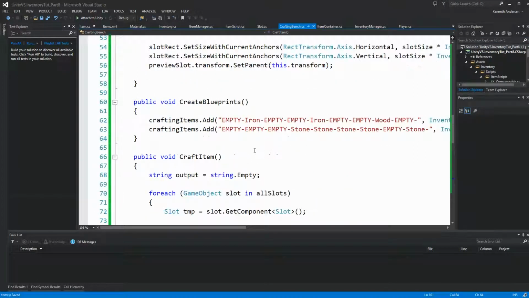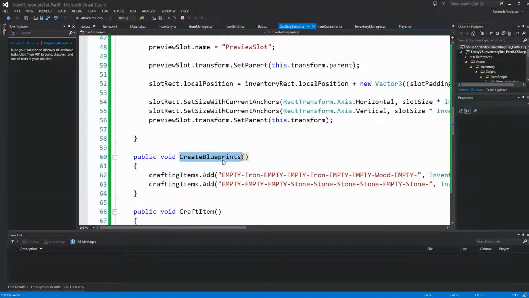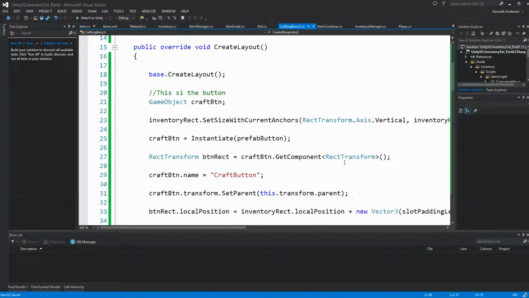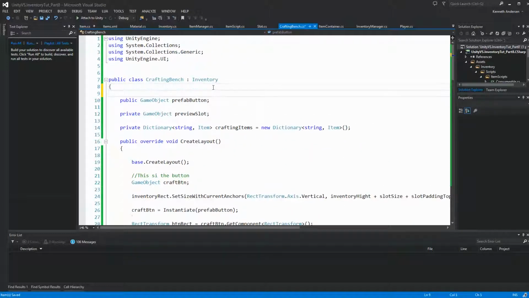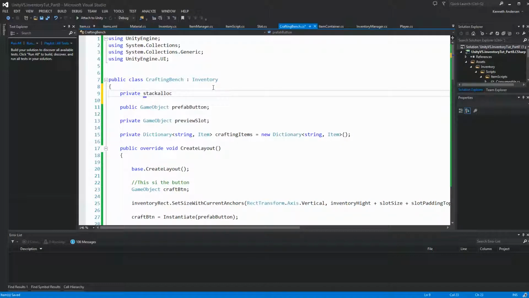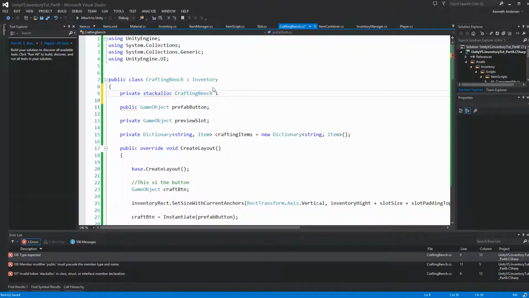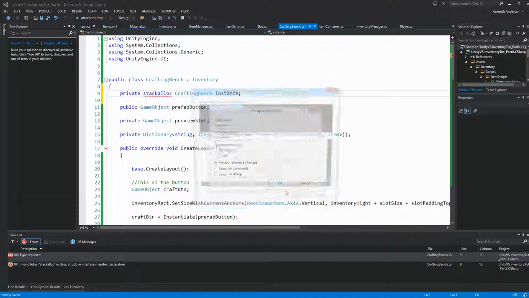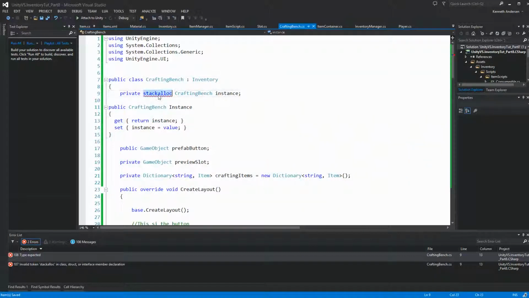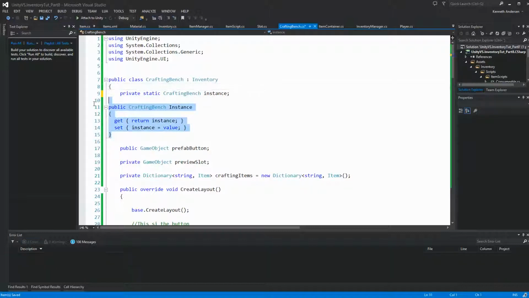Actually, one more thing, create blueprints is never called, and we need to call create blueprints. And we can call that from the inventory manager's start function. So basically we need to make a singleton, as we've done so many times before for this one. So you can make a private static crafting bench and call it instance, and then you can either right click, click refactor, encapsulate field, or you can write this code by yourself, this down here, if you don't have Visual Studio. Then delete the